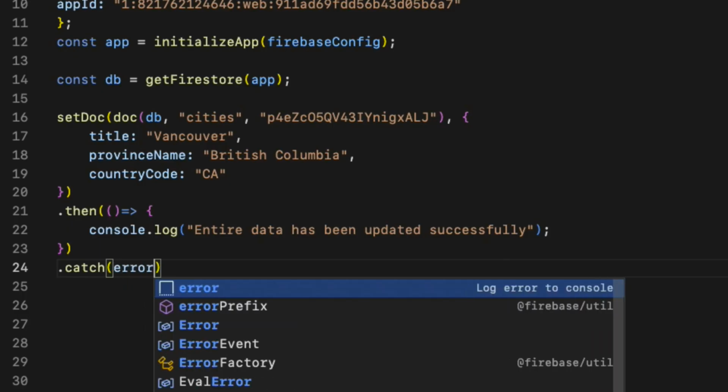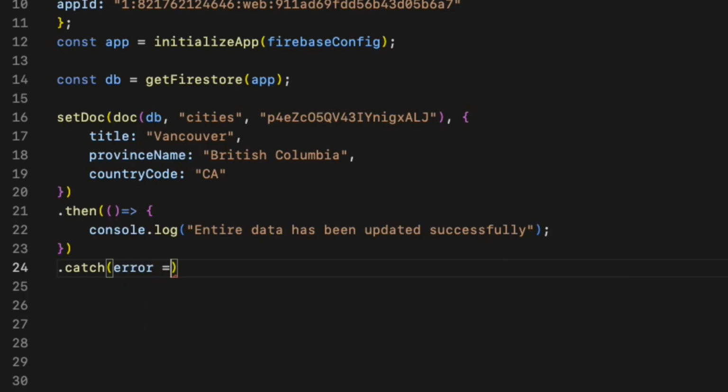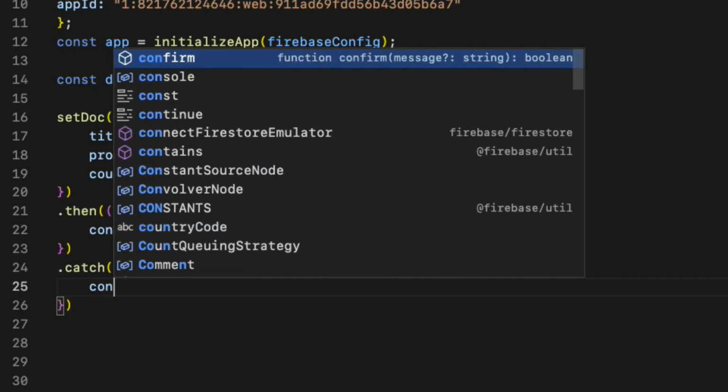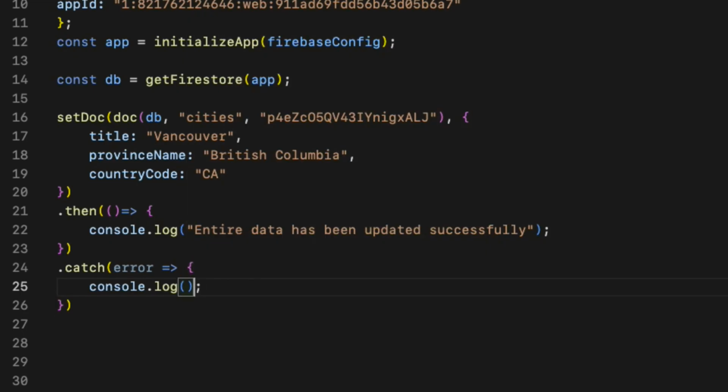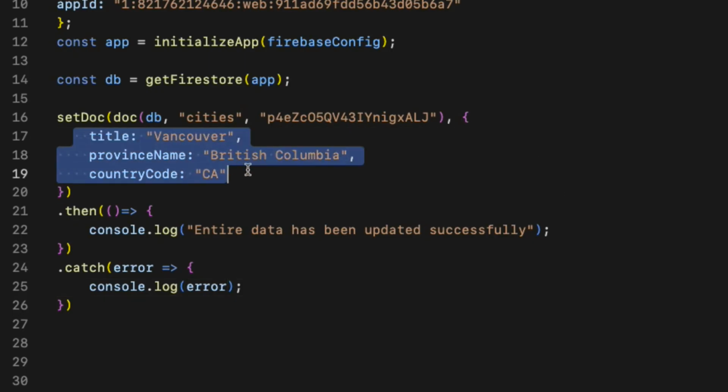This also takes an error function. So error equals angle bracket opening and closing curly braces. Then I'm going to console log the error and semicolon. As you can see, the data we want to add has new keys as well as values completely different than